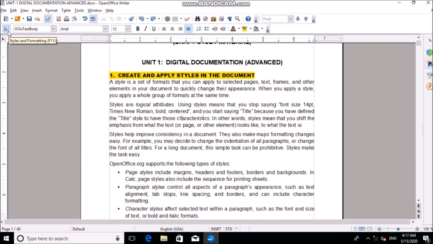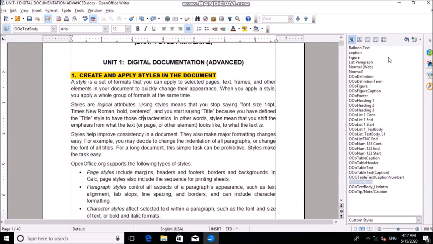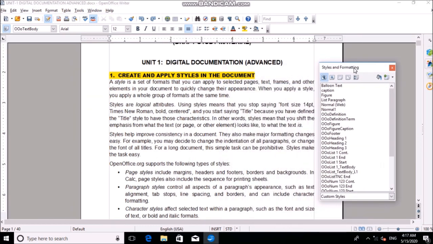When you hover your mouse on this option, it shows styles and formatting, and F11 is the shortcut key. If I press only F11, the function 11 key at the top of your keyboard, it will show the styles and formatting at the right side, or you can drag it here too according to your desire, whatever you feel like.